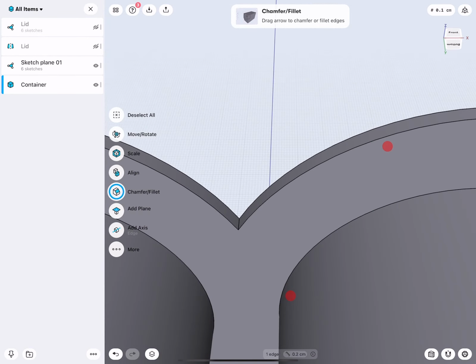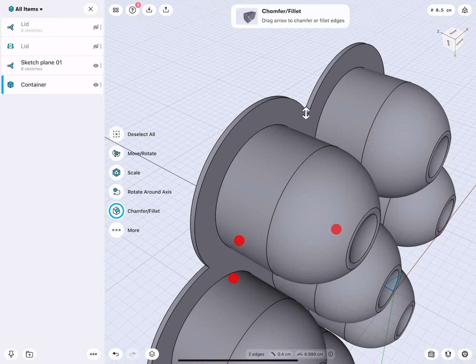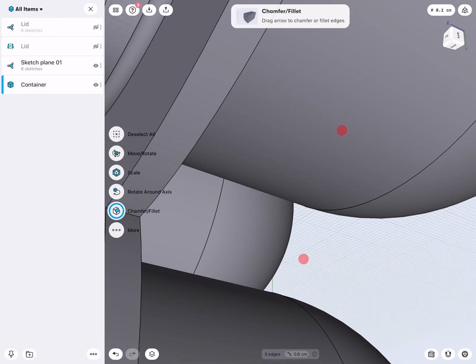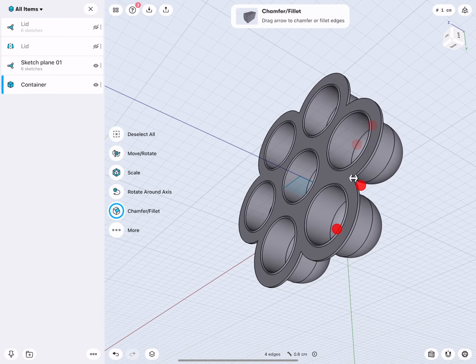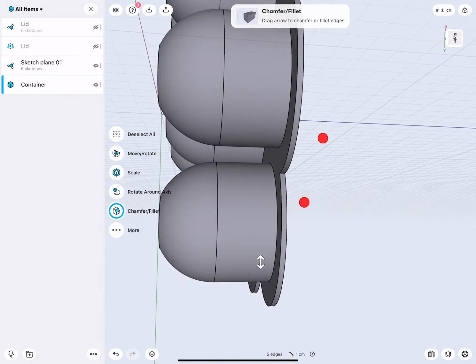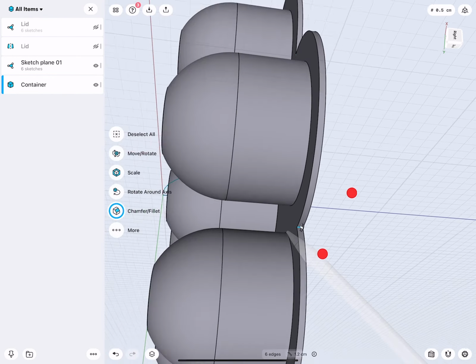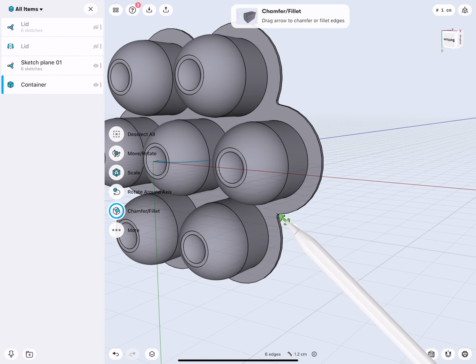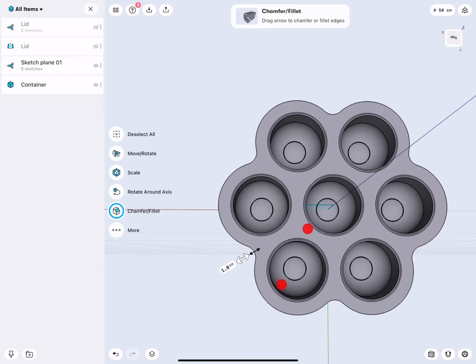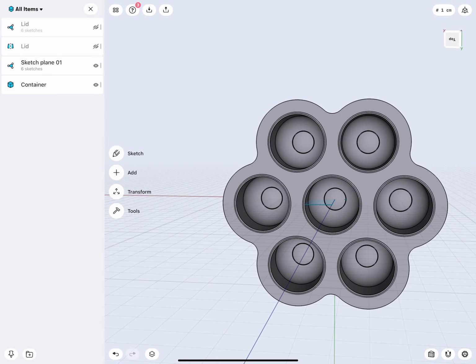A little bit of detailing. If this is silicone, these sharp edges will not work really well. They are prone to tear. So we will give those a rounding. I select each edge, as you can see there, and then give this a fillet. 1 centimeter looks good. Very nice.